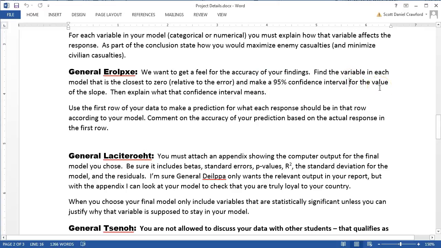If it's significant, that 95% confidence interval won't include 0, even though it was a very small slope. If it does include 0, that's informative. They might want to understand why you would have a variable that's not significant in your model. We've talked about lots of reasons why you might do that, but make a confidence interval for one of the slopes. That's for the enemy model and for the civilian model. The idea being that it'll help this general to see what kind of range and error and accuracy you have